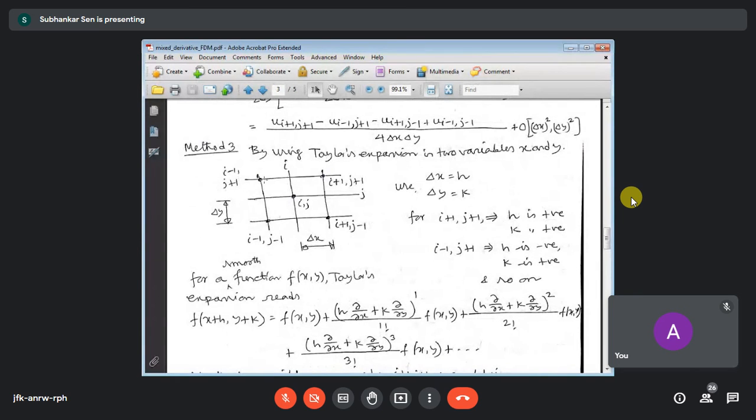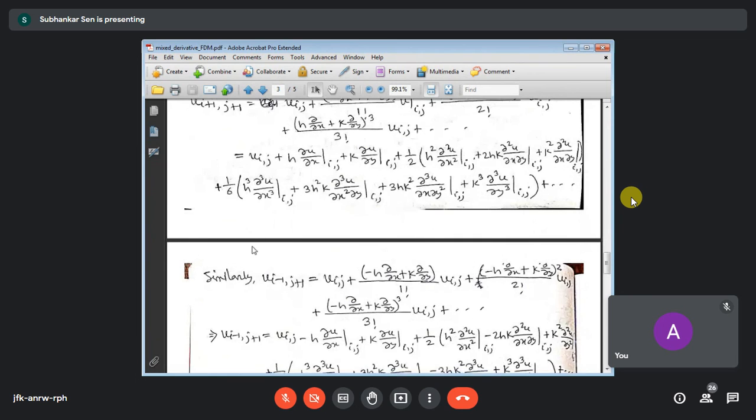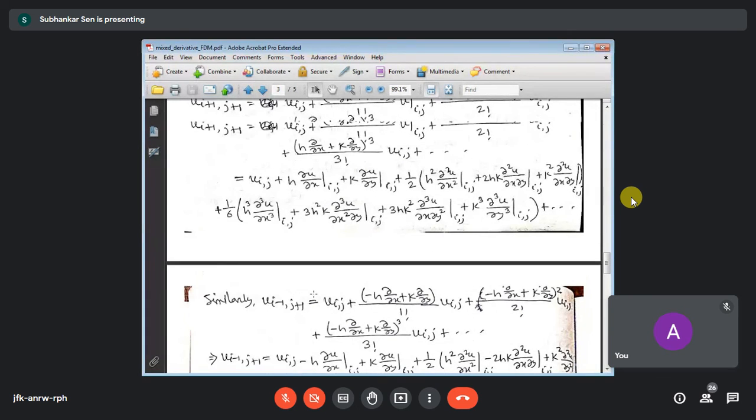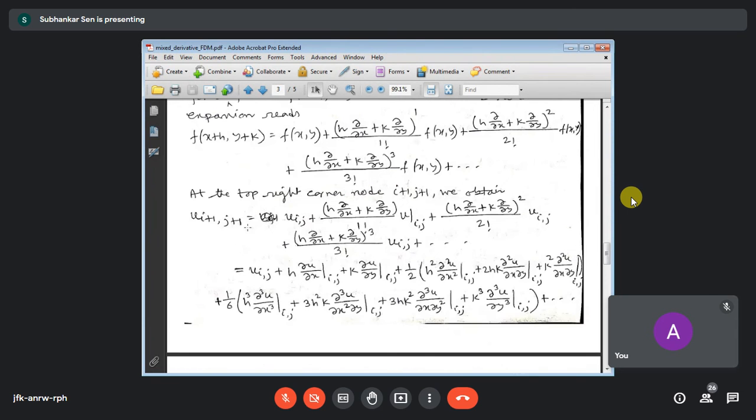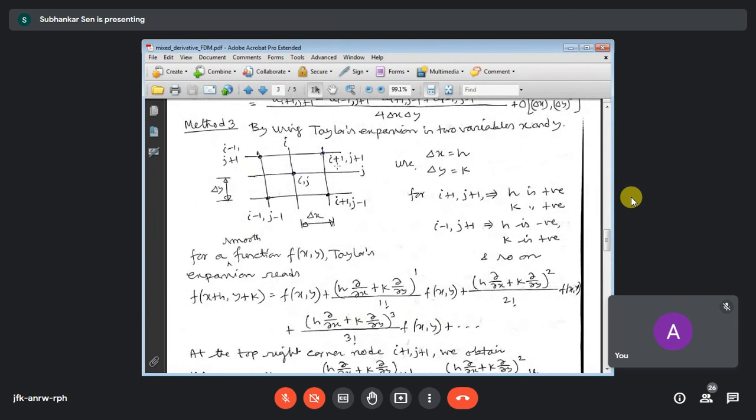For example, this term, it will be x minus delta x, comma y plus delta y. So this we are doing here, i minus 1, j plus 1. It means that in the previous expression, wherever there is plus 1 with i plus 1, this will be i minus 1. So wherever you have plus h, that should be substituted by minus h. In u(i+1) you are going to plus x, so in u(i-1) you are going to minus x. So minus delta x means minus h.